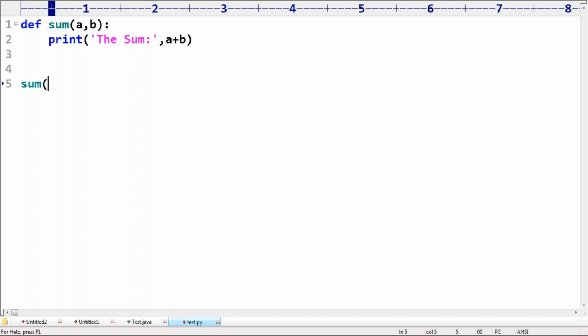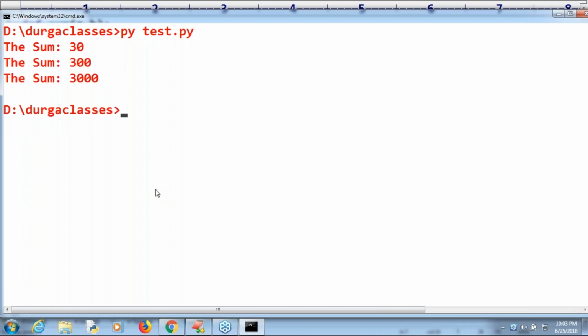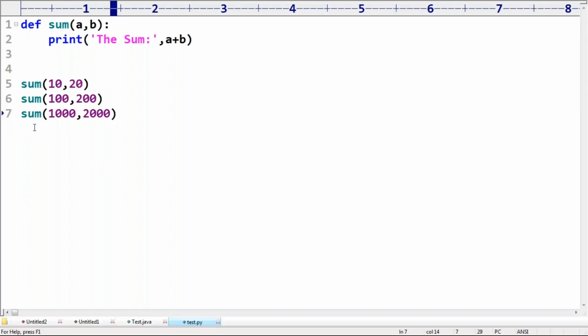And then you can call sum of 10, 20, sum of 100, 200, sum of 1000, 2000, like this, right? If I take it like this, happily the code is going to work. This itself is functional programming.